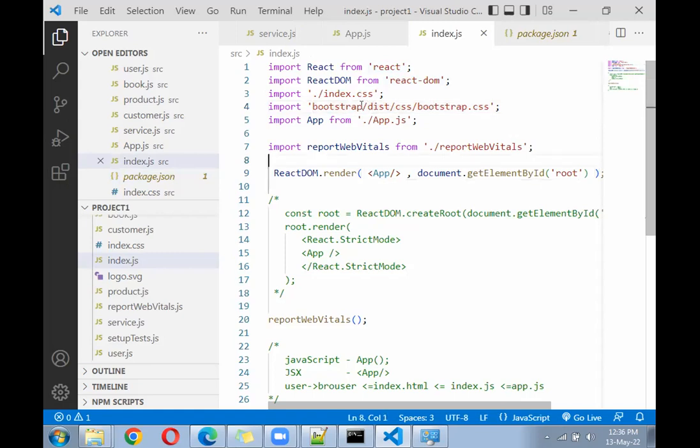For this line, it is not showing any path because it is pointing to the node modules local. This is also pointing to the particular SRC. Here, this web vitals also points to the SRC only, web vitals. Next React, if I move the mouse, it is saying there under your system, under the system, the